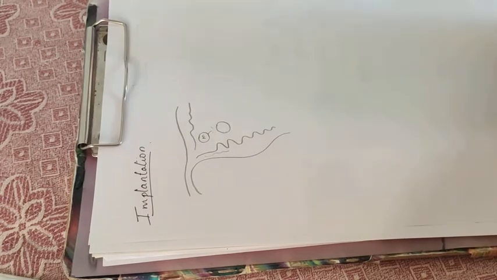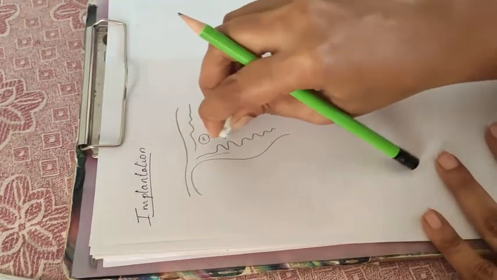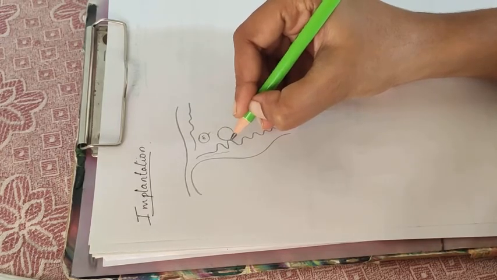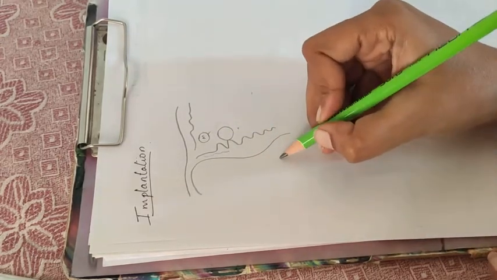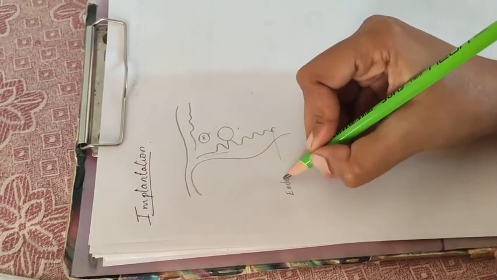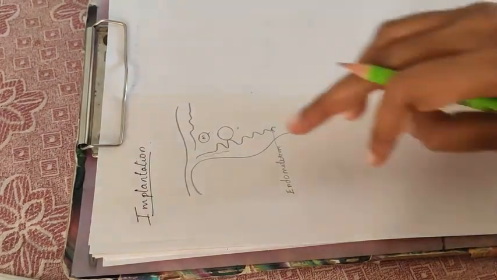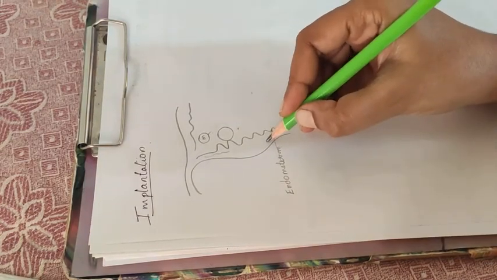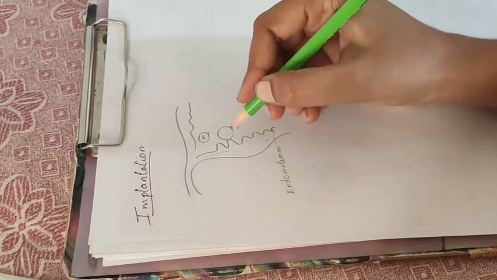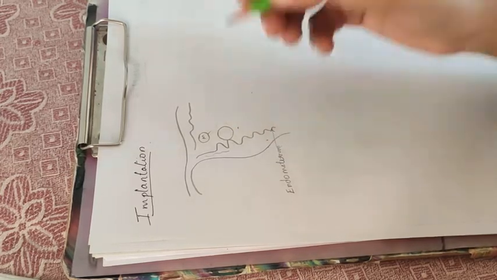See, as soon as this trophoblast comes in contact with the endometrium, hope you know this innermost layer is called the endometrium, the middle layer is called the myometrium, and the outermost is called the perimetrium. Now as soon as the trophoblast comes in contact with the uterine wall here,